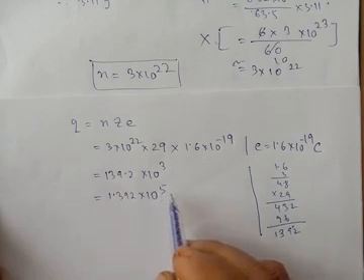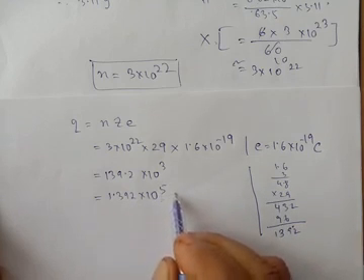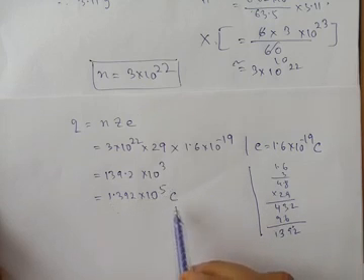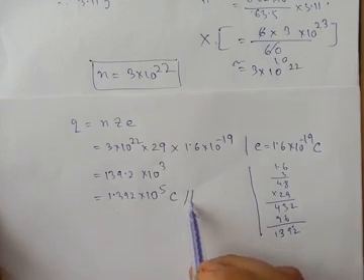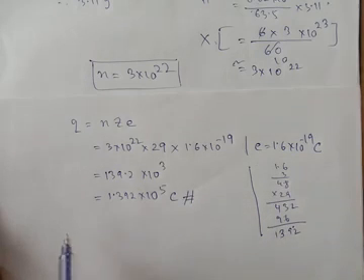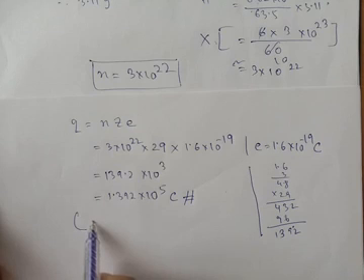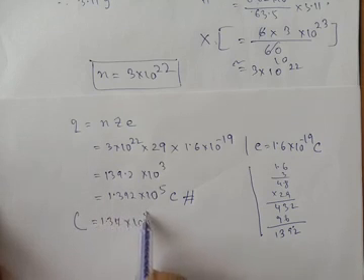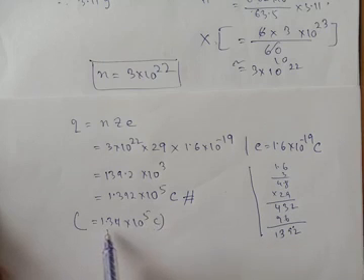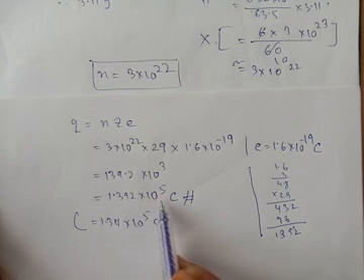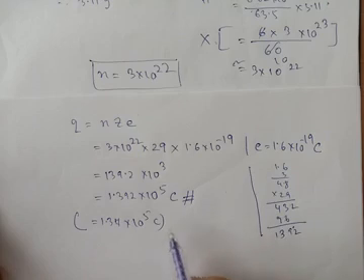The unit is coulomb, the total charge. This is the total number of positive charge or total number of negative charge. But if you do the calculation with the help of your calculator, the value will come out to be 1.37 into 10 to the power 5 coulomb, which is not much different from our rough calculation. So if you write like this, this will be 100% correct. So you have to try to solve problems roughly without a calculator.